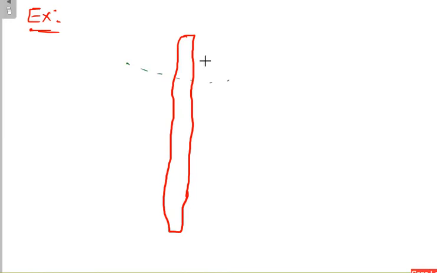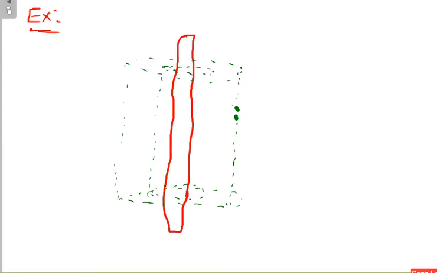My equipotential surface is a cylinder. You draw some cylinder. Anywhere on the surface of the cylinder, you will definitely have the same potential function. That is the concept. If you draw another equipotential surface, these are all parallel surfaces, because any two equipotential surfaces are parallel to each other.